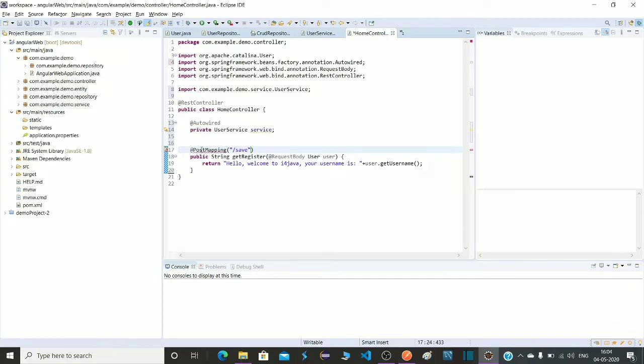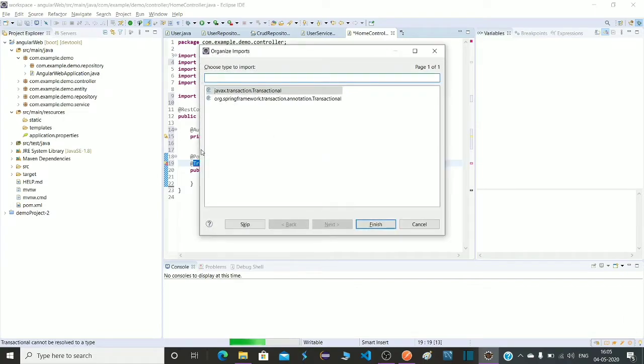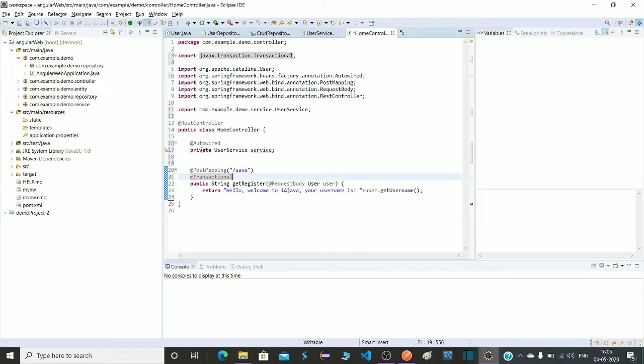Let's import it. Because we are going to deal with the database, here we are saving records in the database. For that we have to write one more annotation called @Transactional. Import it also. It's all done.